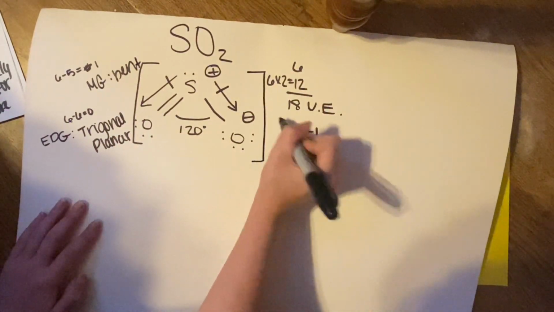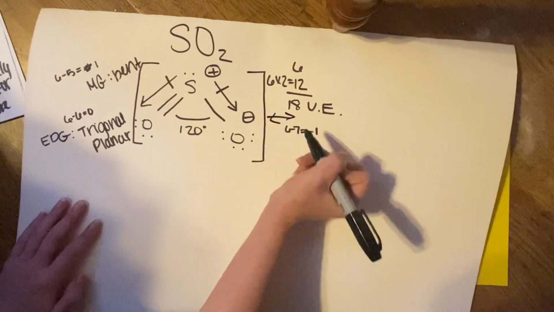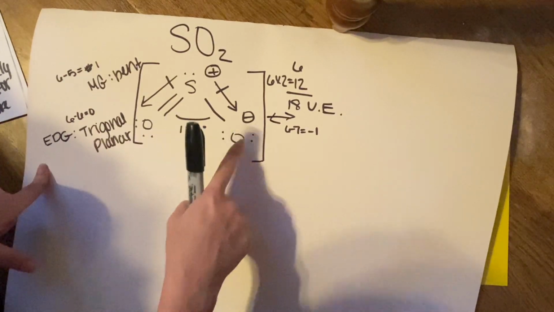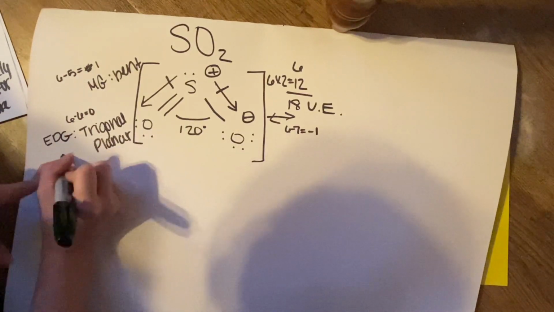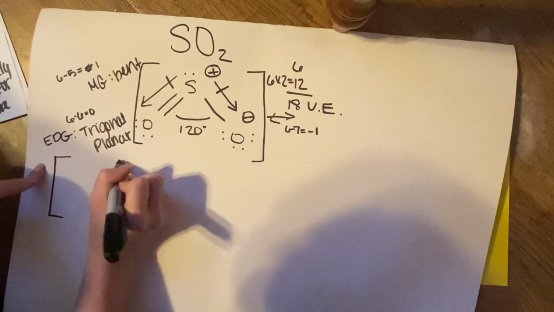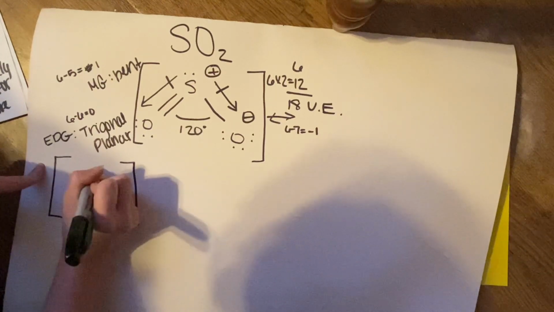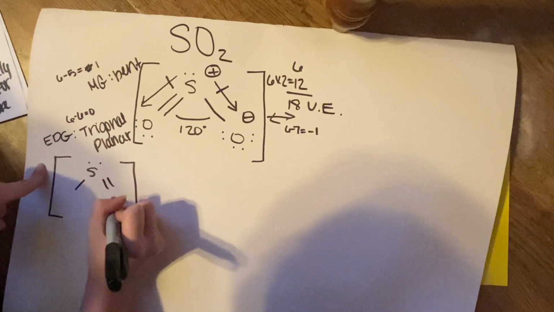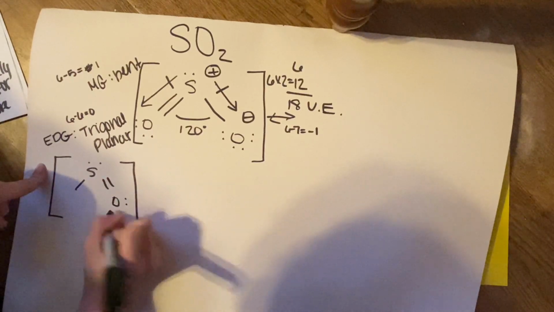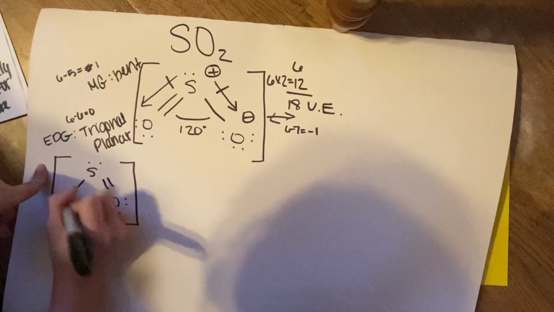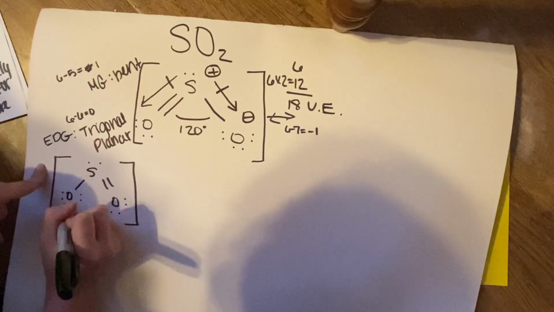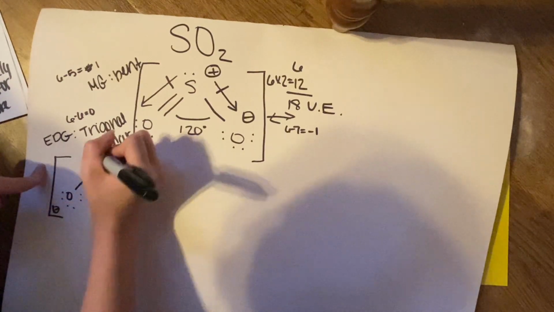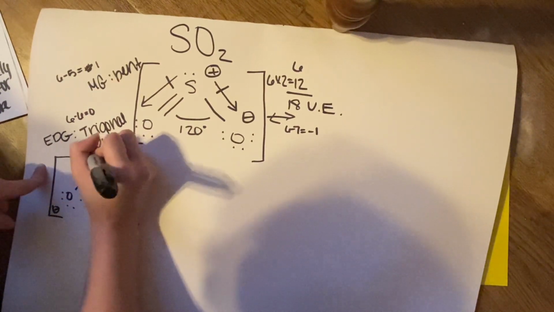So then we're going to draw that there, the double arrows. And we're going to draw the other structure, which is actually going to be the exact opposite of this one. So draw that there. Again, it is important that the octet rule is satisfied. And then since it is the opposite, this is going to be the negative molecule, and this will still be